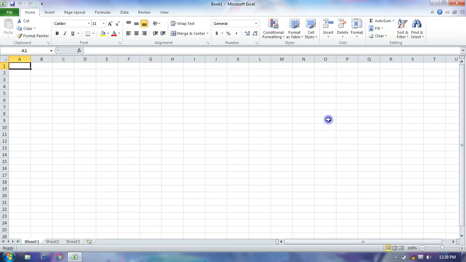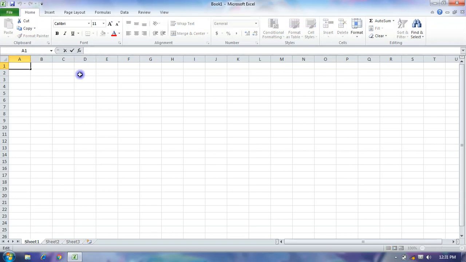The basic elements are the same as you see in Microsoft Word, PowerPoint, and MS Access. The top bar is the title bar. This is the quick access toolbar. This is the menu tab. This is the ribbon. This is the address bar, the cell address.